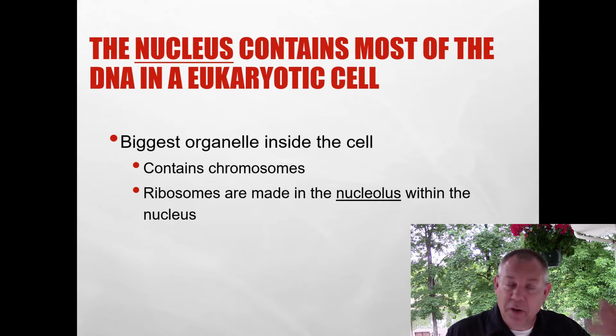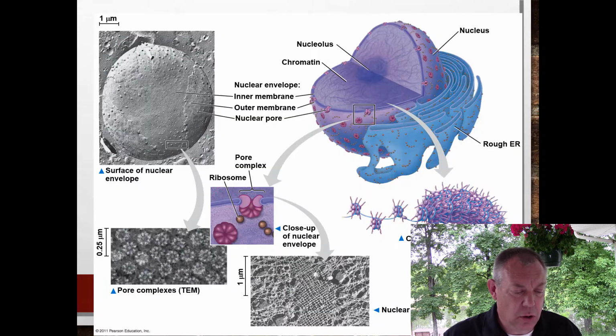And it also contains the nucleolus. And the nucleolus is where ribosomes are synthesized. And so again, this is just a little diagram. You can look at the different parts here and see how they relate. But when we talk about protein synthesis later in the semester, we'll of course talk about the nucleus and the nucleolus